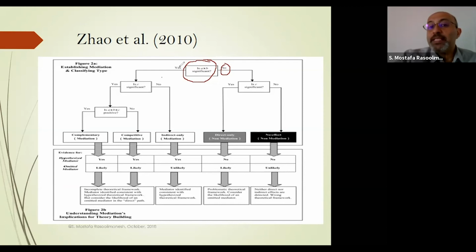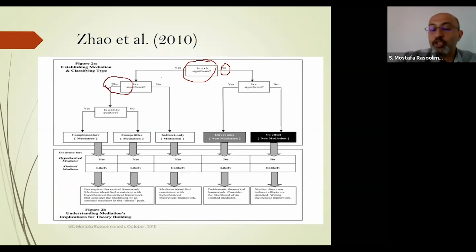But if AB is significant, we have different choices. If we don't have a direct effect, never mind, only interpret AB. But if you have a direct effect in your framework,